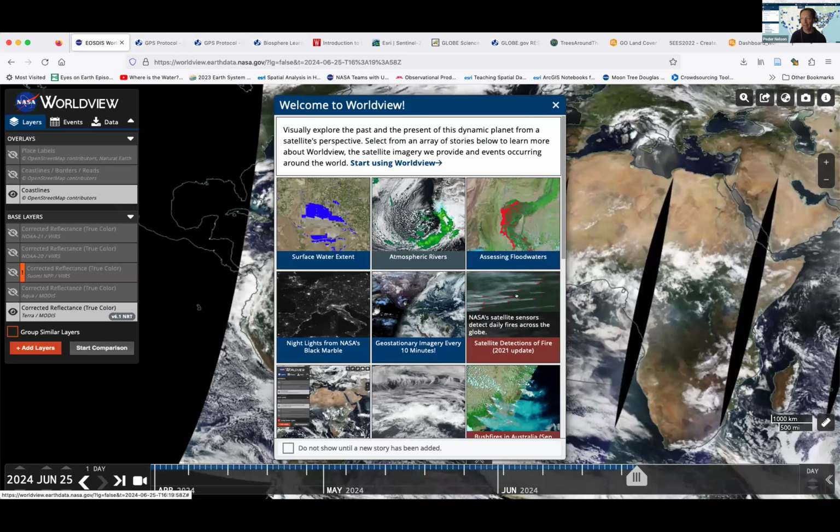And so that can show you maybe where a fire or vegetation is getting burned in a location. And one of the other neat things that has recently come on is this surface water extent. And so one of the questions we also have is, what happens to the trees right along the edges of water bodies? And those are dynamic places where we do see trees falling into rivers or erosion around the banks. And that might set up the questions of what protocol you might use when you go out to these locations.